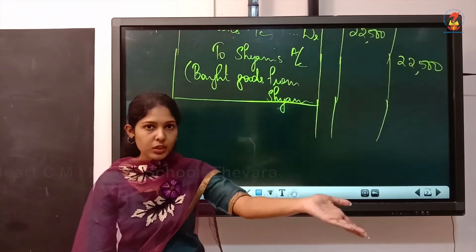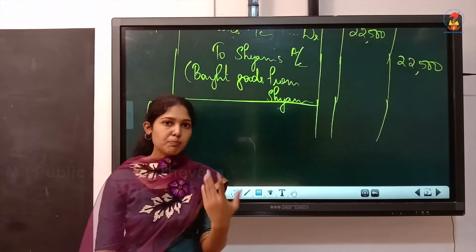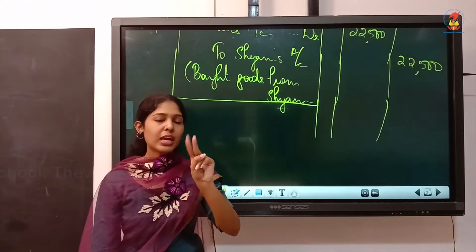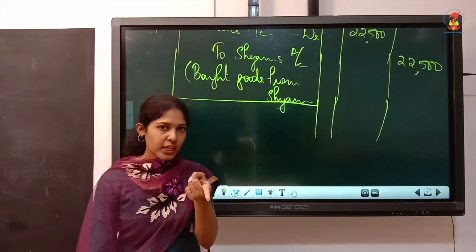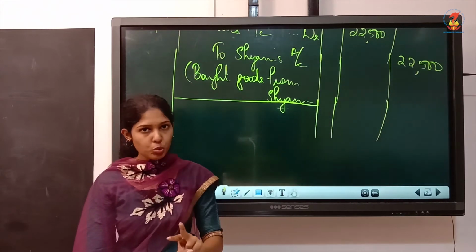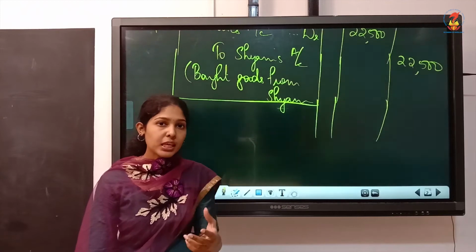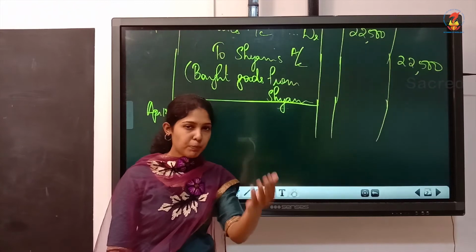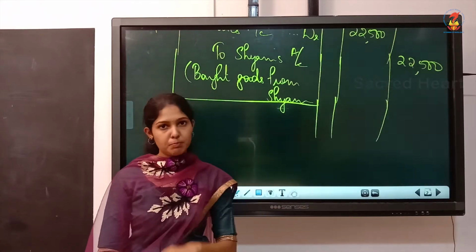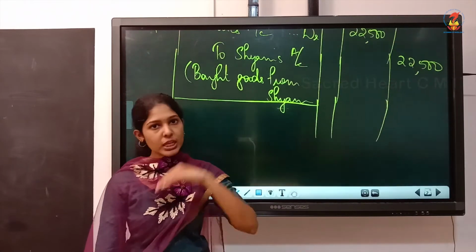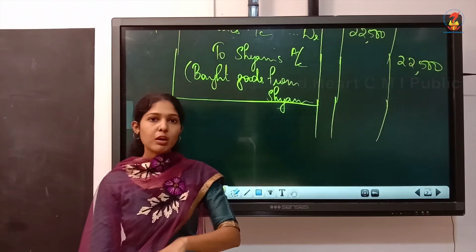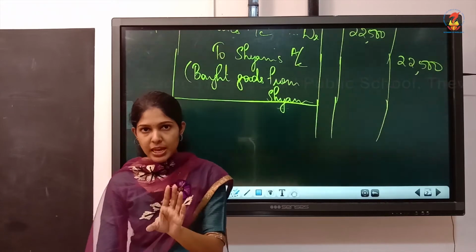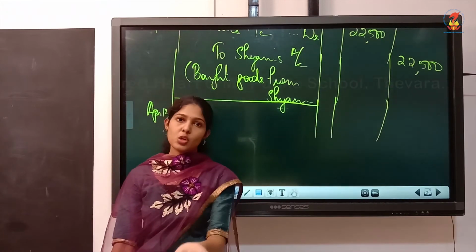Similarly, when you sell goods, that time also you will have to spend on transportation expenses. So we have two types of carriage expenses, carriage inwards and carriage outwards. What can be the meaning of carriage inwards? It is the expense paid when the goods are purchased. That is called carriage inwards. Then what can be the meaning of carriage outwards? It is the transportation expense spent when the goods are sold.